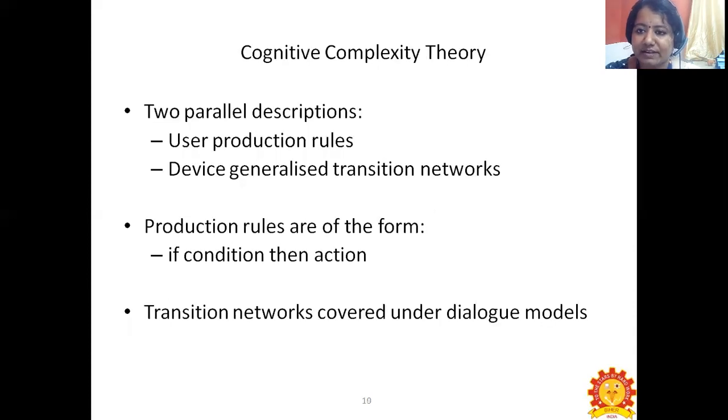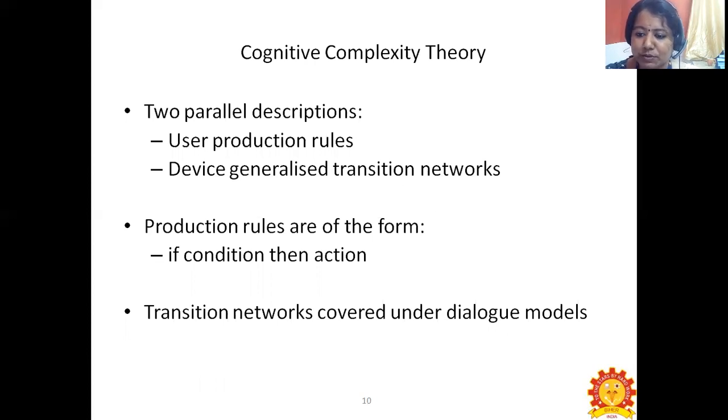Next, the second technique under the cognitive model, that is the goal and task hierarchies, is the cognitive complexity theory. Under the cognitive complexity theory, we have two parallel descriptions. The first one is the user production rules. The second one is the device generalized transition networks. So here we are having two parallel descriptions.